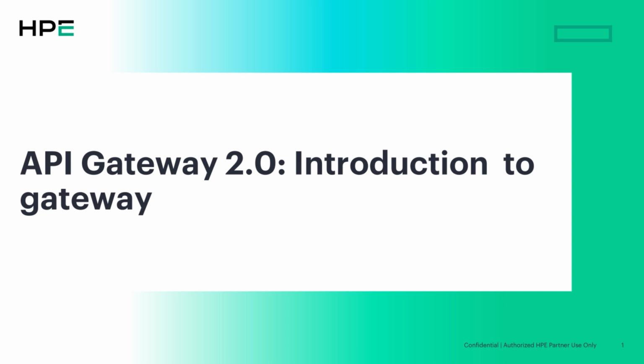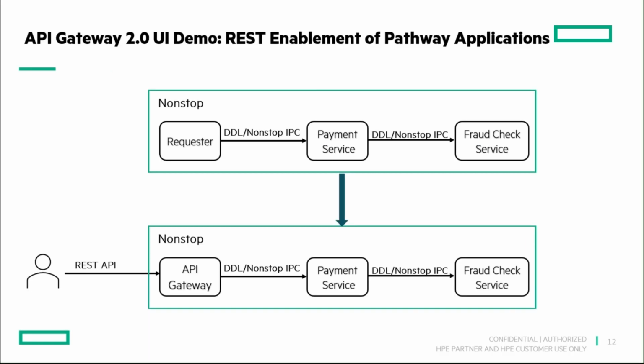API Gateway 2.0 UI. Before we begin the demo, let me briefly introduce the backend services involved, the payment service and the fraud check service. Both services read input data from $RECEIVE and the data exchange format uses DDL. The payment service receives requests from requesters running on NonStop and then internally invokes the fraud check service using the